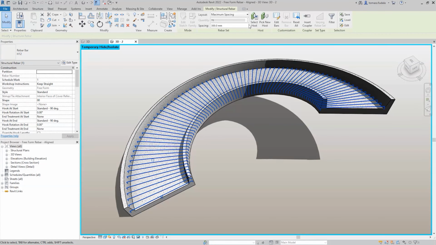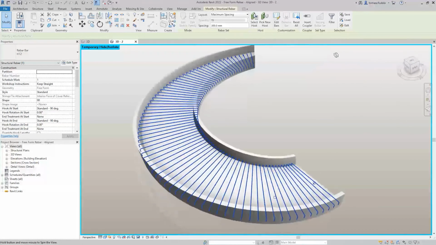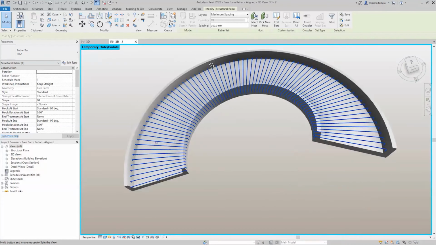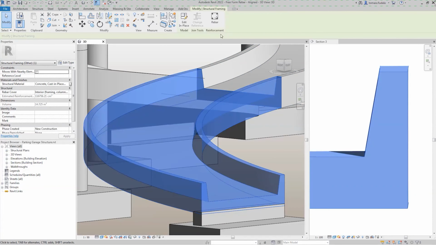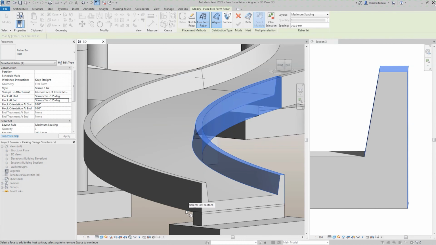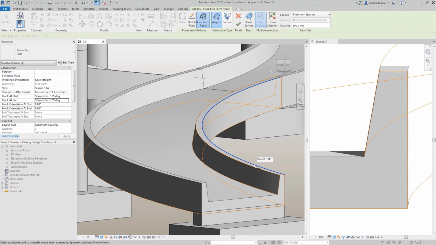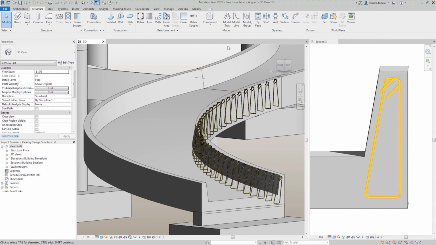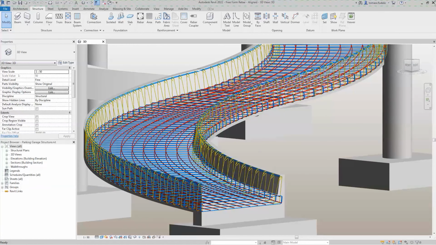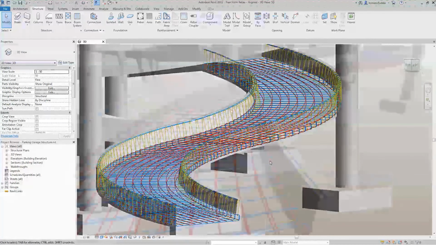Bars in an aligned distribution are created at the intersection of each individual bar plane with the host surface. All the bars are planar, respect the cover of the host, and are aligned to the distribution path. Freeform rebars increase 3D rebar modeling versatility in Revit and help you define the accurate reinforcement for standard and non-standard shapes of concrete elements.